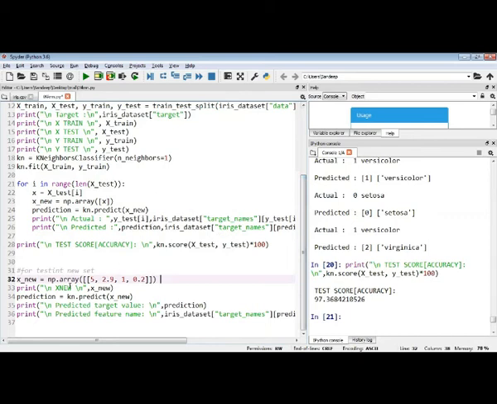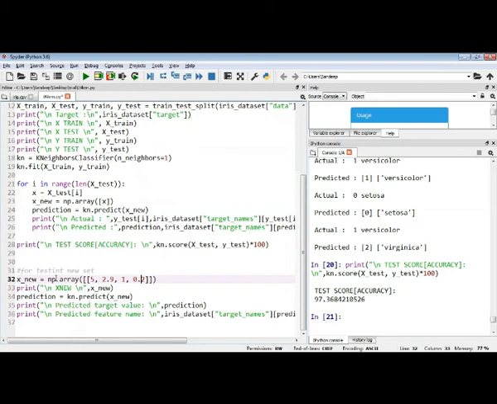Now for the KNN algorithm and x_new. x_new is equal to np.array. Now I'm going to provide this new value as input, and we'll try to find out to which class this plant belongs. This is the new input.